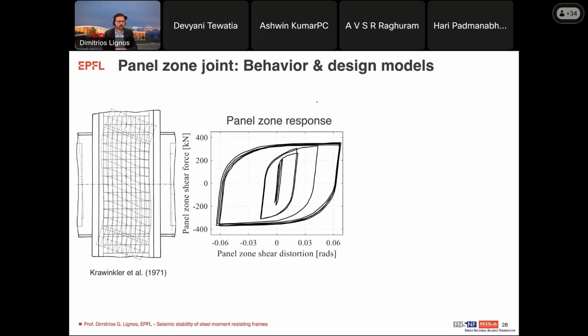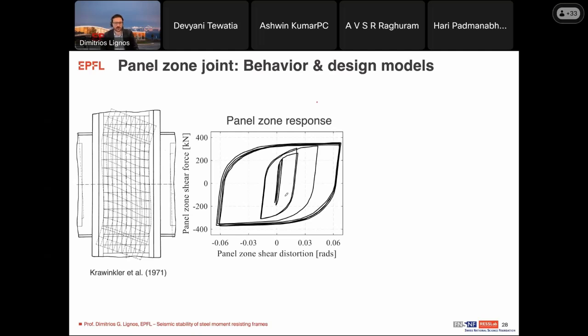So research on panel zones dates back to the 1970s, where in fact my mentor, the late Professor Krawinkler, studied with Professors Popov and Bertero at the University of California at Berkeley. And this work showed that panel zones, in fact, could be quite stable. And in particular, if you're looking at panel zone shear force versus panel zone shear distortion, you can have quite